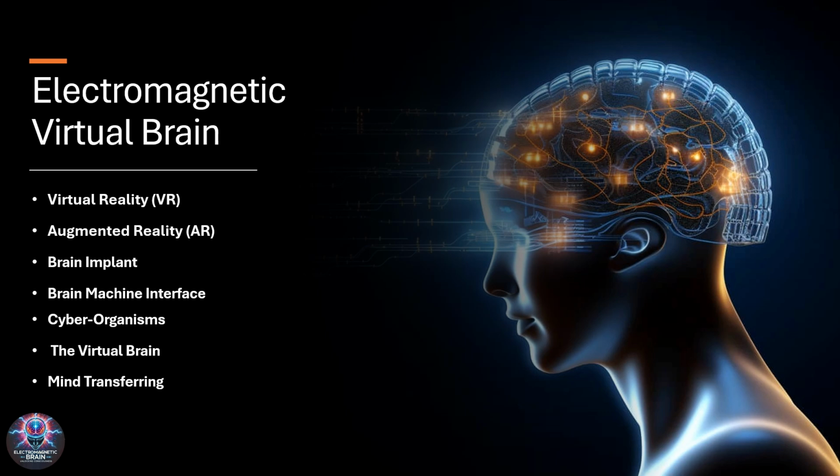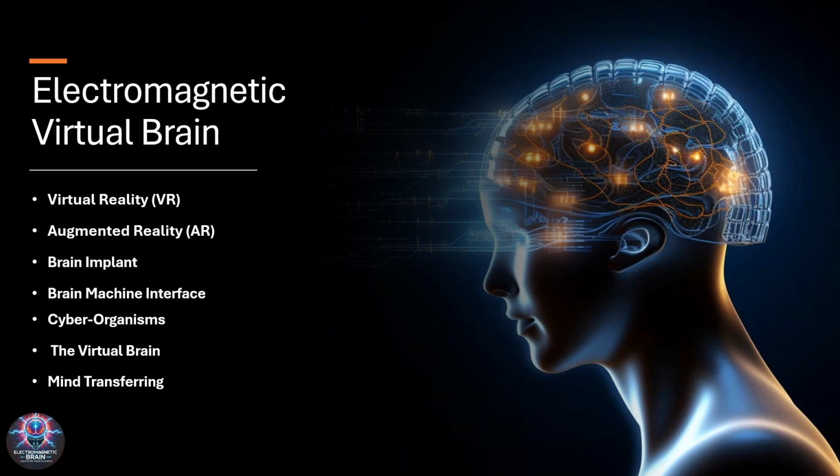Following that, we will delve into cyborg-oriented neurotechnologies, which involve deeper integration between biological and artificial systems. These advancements push the boundaries of human enhancement by merging neural activity with power. Finally, we will explore the ambitious frontier of neurotechnology, virtual brains, and mind transfer projects. These include efforts to simulate human consciousness, transfer mental states into digital systems, and create brain emulations that could potentially